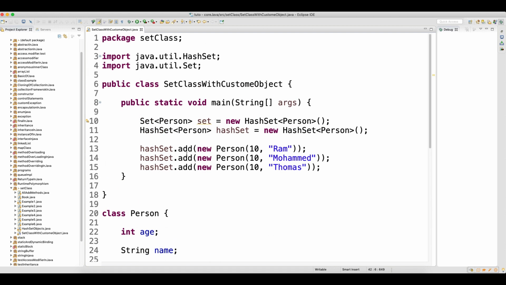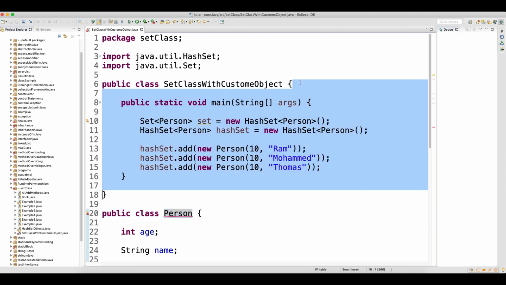But one thing you cannot do is write two public classes in the same Java file. You cannot write two public classes. So when you are making more than one class in the same Java file, make sure that your second class is default. It should not be public. If you make both the classes public, the compiler will give you a compile time error, because the problem is that this Person comes under this Java file, right?